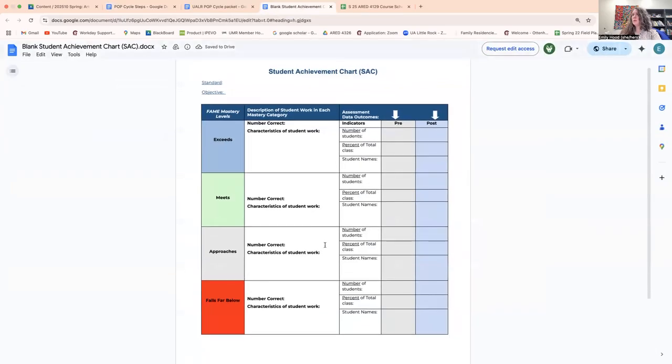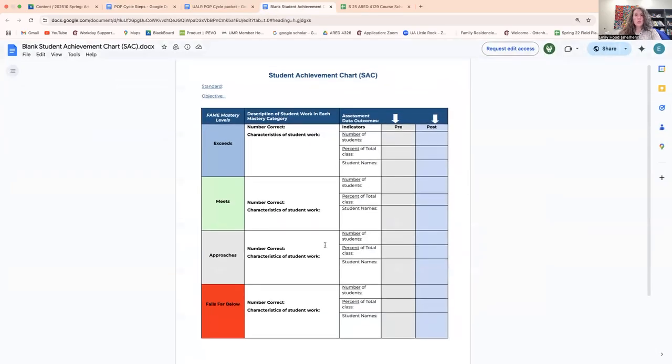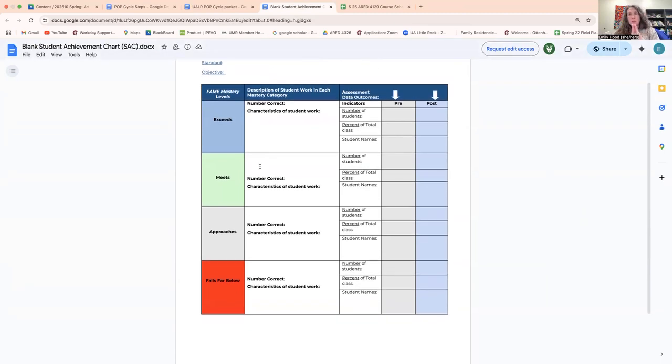Okay, this might seem a little scary, but once you do it once, you'll have an understanding. I can also kind of walk you through this. So, before we have any pre-conference or anything, you should start working on this and working on what's called a pre-assessment. Okay, so whatever standard you're measuring for, you'd enter up here. Your objective for the lesson would be added here. And then you kind of have to think about with this project or whatever you're having the students create,